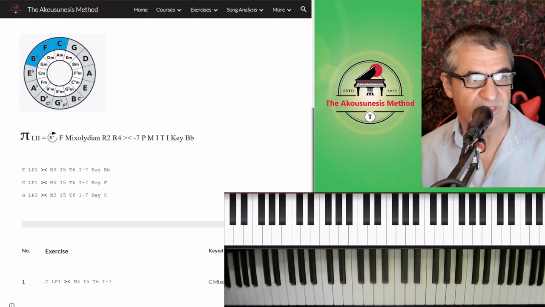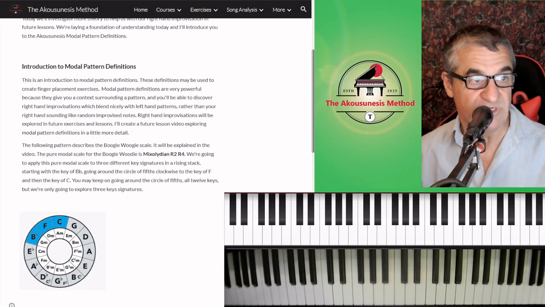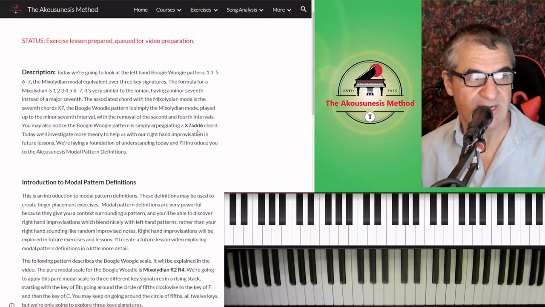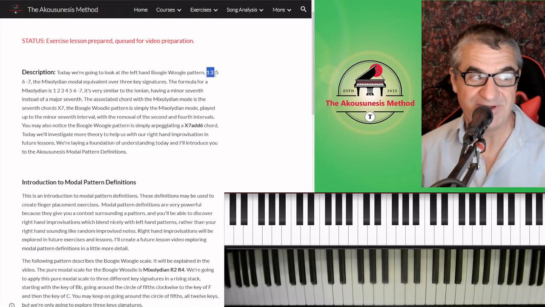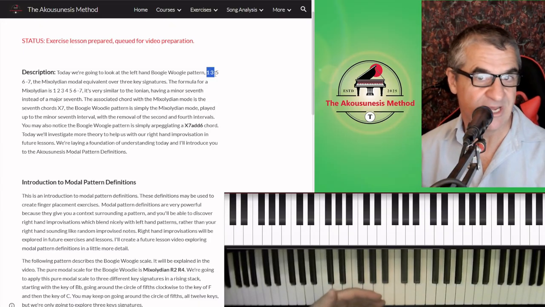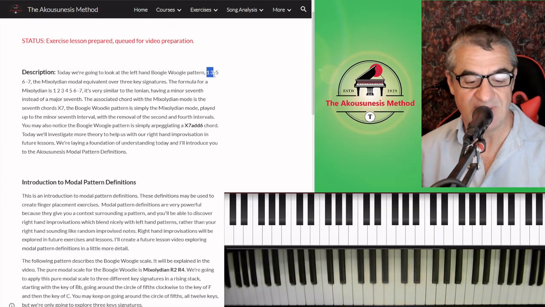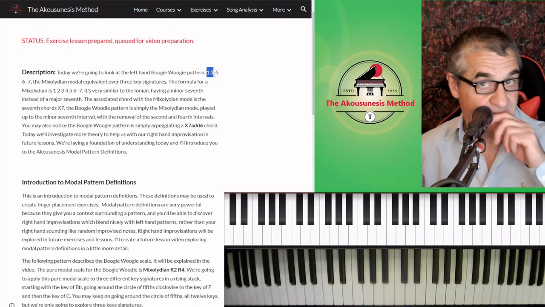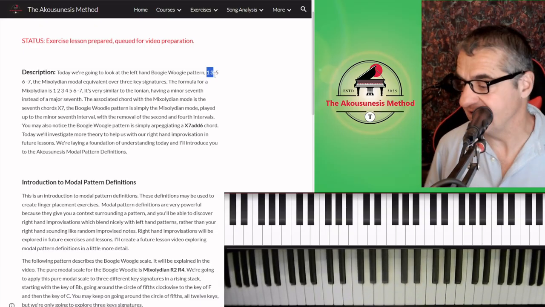So what do we start with? We start with a simple pattern. All right. Now it's quite easy to remember. We have just a pattern of numbers, right? And once we know how to work out intervals, okay, we can apply that pattern starting on any of the 12 notes, right? But it doesn't necessarily mean